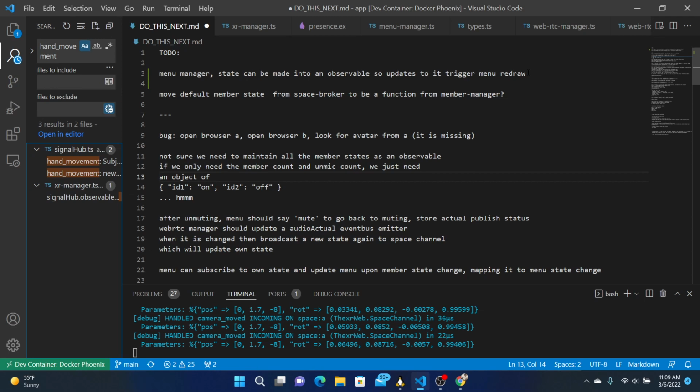So there's some redundancy there. We can do some refactoring there. So this is kind of a re-architect, refactor